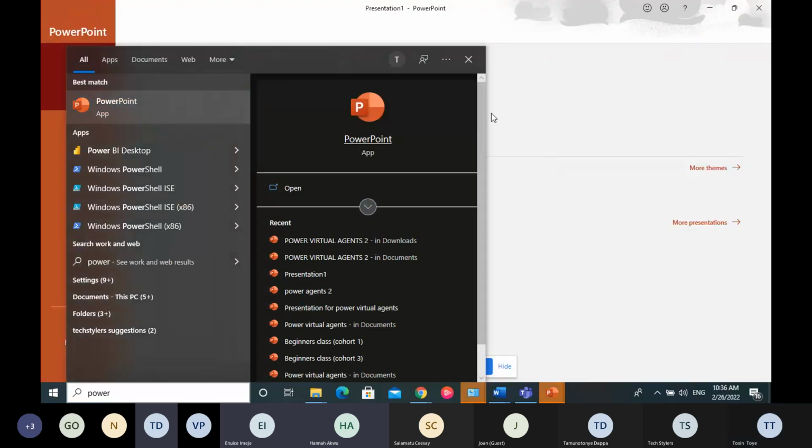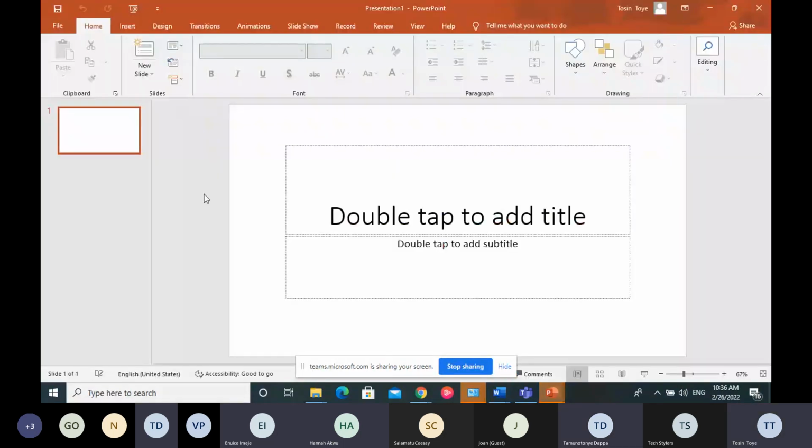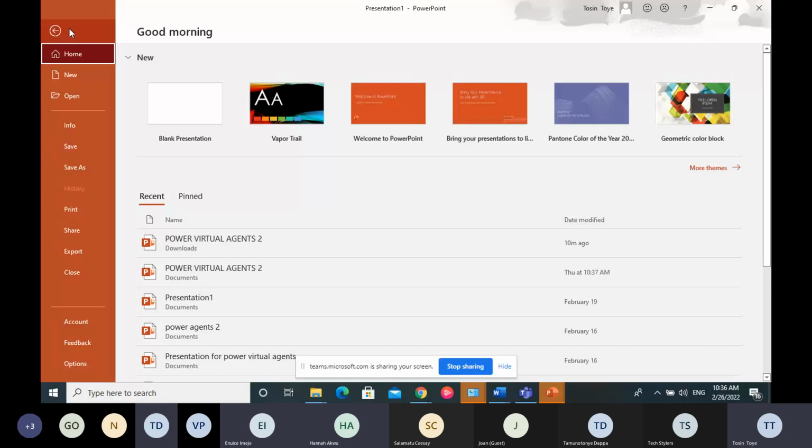This is what a blank PowerPoint slide looks like. On this slide, these are the tabs: File, Home, Insert, Design, Transitions, Animations, Slideshow, Record, Review, View, Help. Some other things come up when you click on other items, but right now I'll just show you a quick